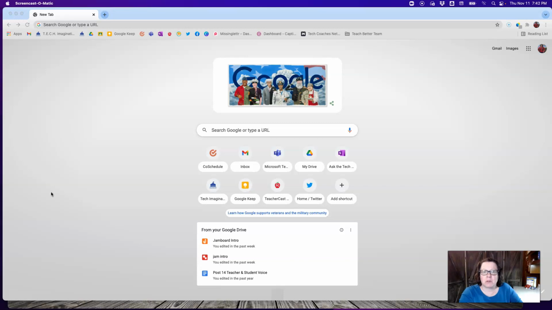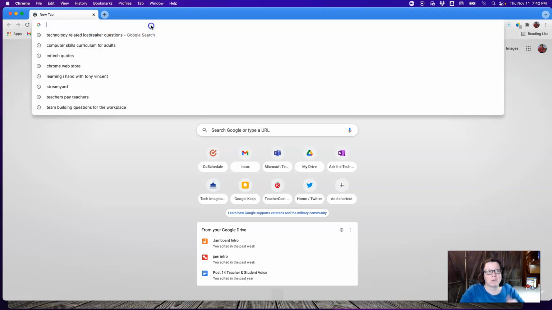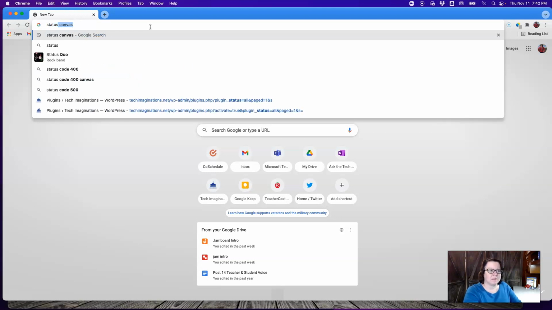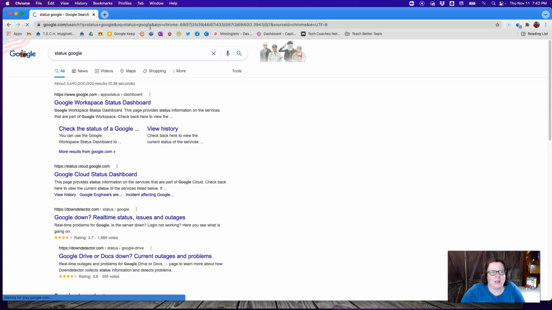So let's start with Google. Let's say you're trying to sign into Google here and it's giving you some strange network error or service error or something to that effect. Let me just show you a quick thing to Google. So come up to the search bar and type the word status and type the word Google. And notice one of the first things that come up here is Google Workspace Status Dashboard. If I click that,